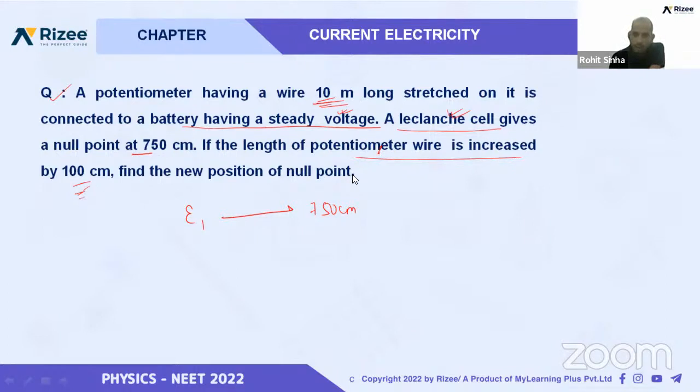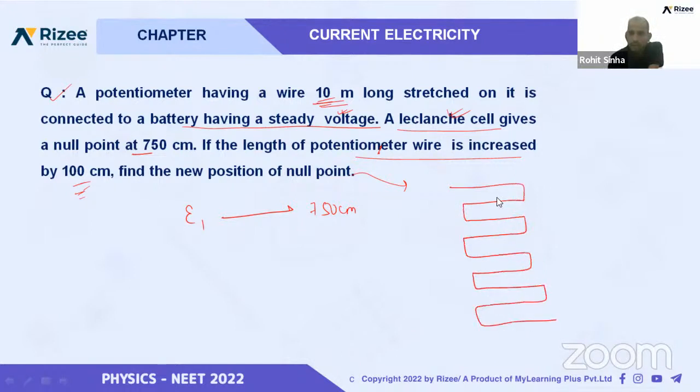What will be the new position of the null point? You remember what was the concept of potentiometer? Okay, you know, when we are connecting it with one cell, we are getting null point at 750 centimeter. Okay,